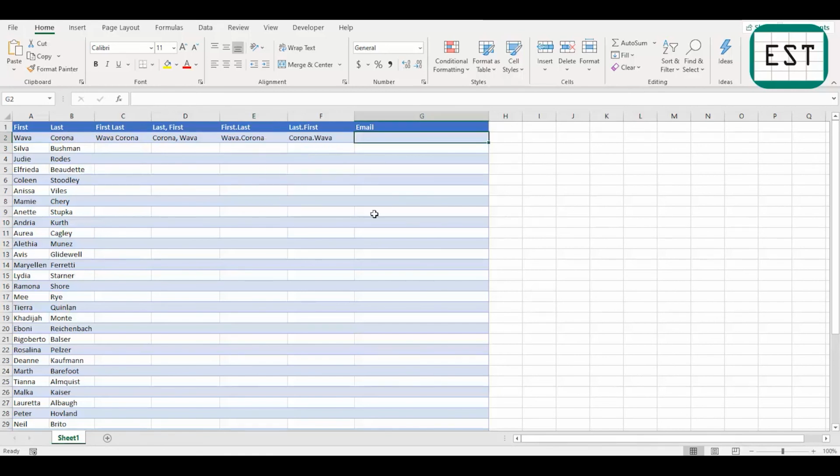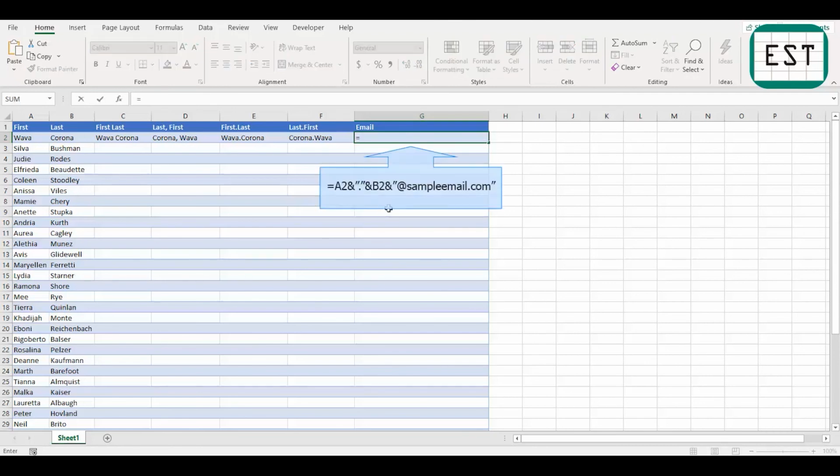The final format we are going to do is adding an email domain to the name list. Most emails are a string of text with or without numbers and the @ symbol to a specific domain or website. We're going to create a list of emails using the format firstname.lastname@sampleemail.com. To do this, we'll use one of the following two formulas. Equals, select the first name cell, or A2, ampersand, quotation, period, quotation,